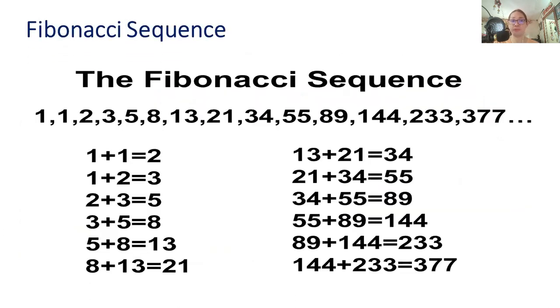So more on the Fibonacci sequence. As you can see, this is the pattern. So this is the first 14 Fibonacci numbers. You have 1 plus 1, 2, then 2 plus 1, or 1 plus 2, is 3, 2 plus 3 is 5, 3 plus 5 is 8, then 5 plus 8 is equal to 13, and so on and so forth. So this is the concept and then the pattern itself.